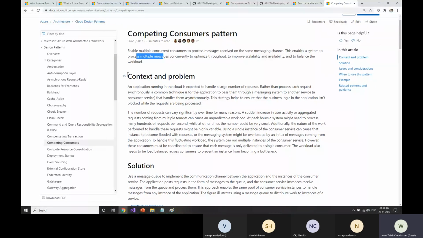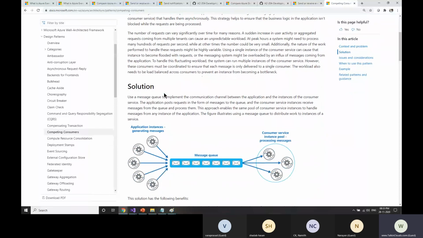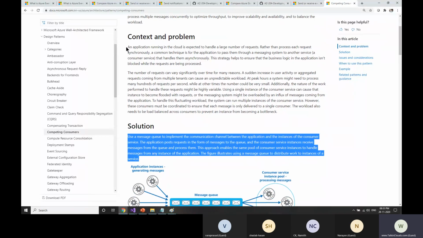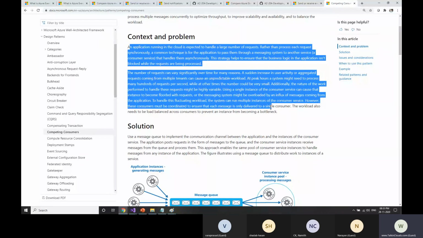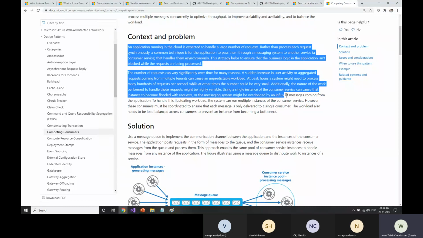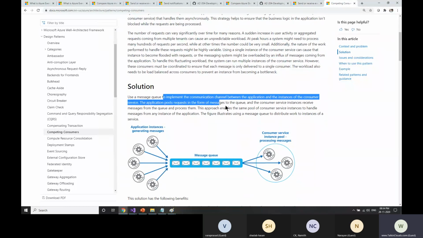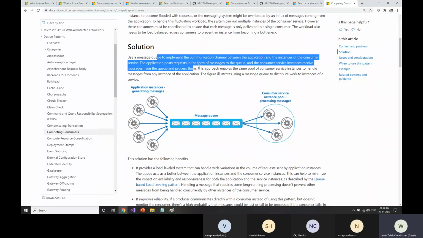You can go ahead and read this context and problem. Microsoft gives you solutions to some of the problems they came across, with some client scenarios. Some clients had a problem, and based on that they provided this kind of solution. So you have the messaging queue and they have implemented this.